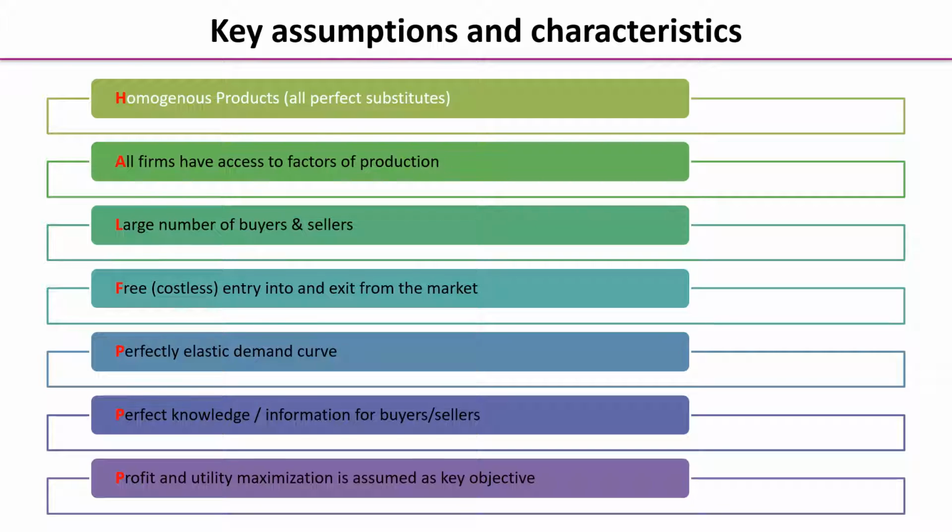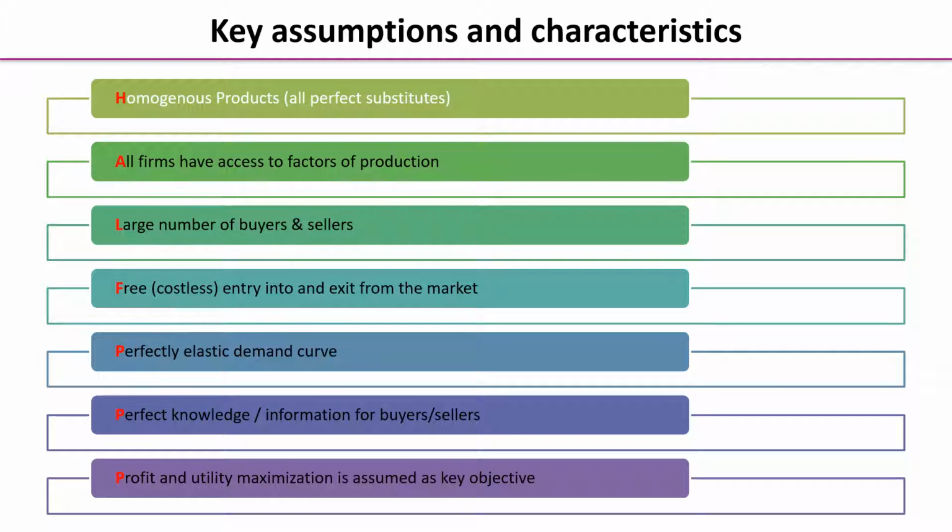And you'll see we've got a mnemonic here in red to help you remember them. So we assume that all products are homogeneous. They're exactly the same. They're perfect substitutes for one another. All firms are assumed to have access to factors of production. There are large numbers of both buyers and sellers, and in the long run there are no barriers to entry